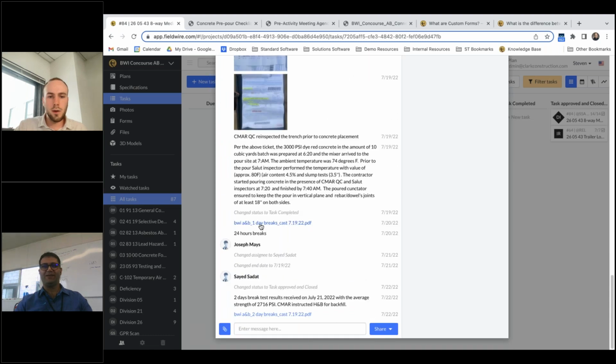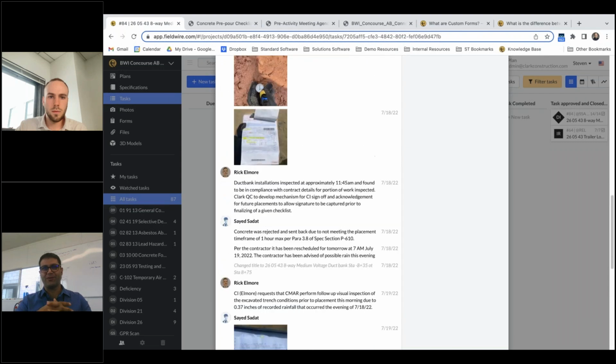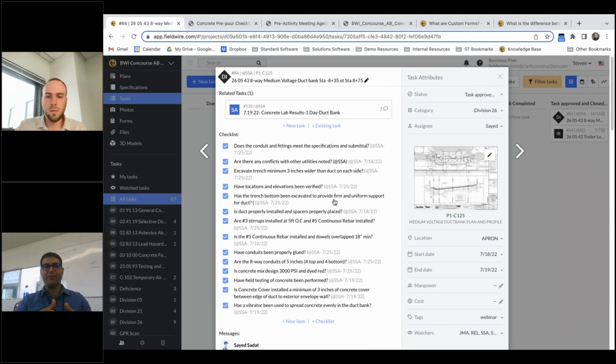Yes. This particular task is with regards to a concrete pour for a certain location. And we want to make sure that our tasks are SMART, which means they have to be specific, measurable, and achievable for what we want to make sure that the location is determined. So this particular task has been assigned to the concrete work, and we have seen that each process that we needed to make sure that the concrete was supposed to take place has been achieved, and they've gone through certain review processes, QA and QC processes, and all the items that we made sure that they have to be involved as part of our quality checklist standpoint.